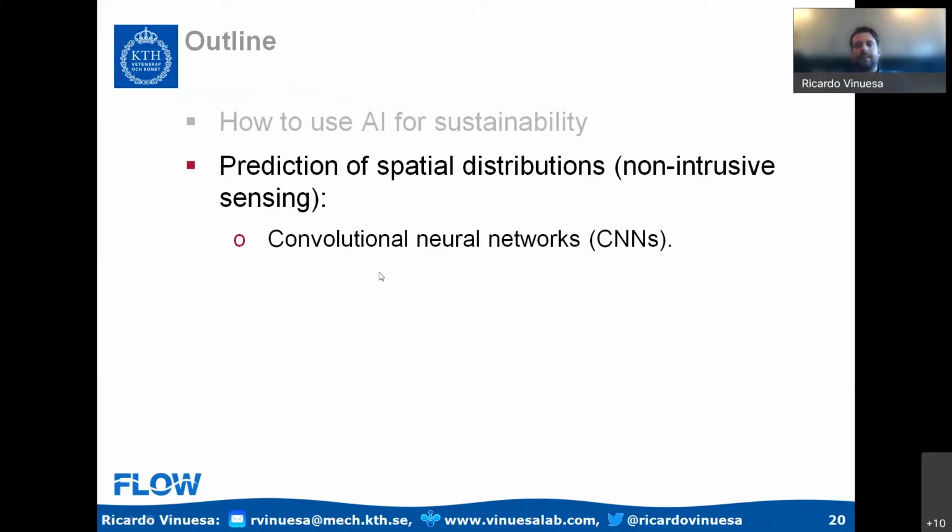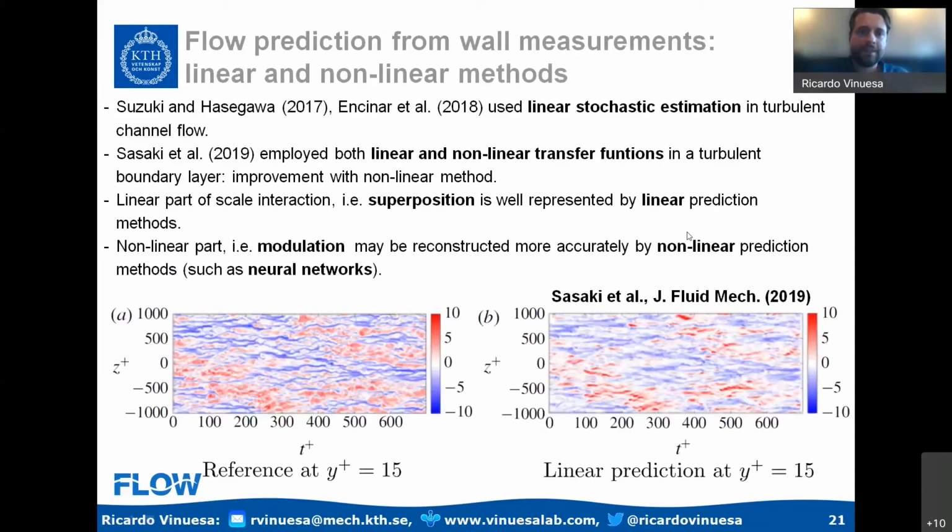Now, the second part is about predicting spatial distributions. So doing the non-intrusive sensing that I mentioned before, going from the sensors to the three-dimensional flow field. And to do that, we will use mostly convolutional neural networks. What I'm showing here is the flow very close to the wall, very close to a surface. And traditionally, people have been using linear methods to establish a connection between the input and the output. So the input would be the wall information, those sensors that I showed before, and the output would be the